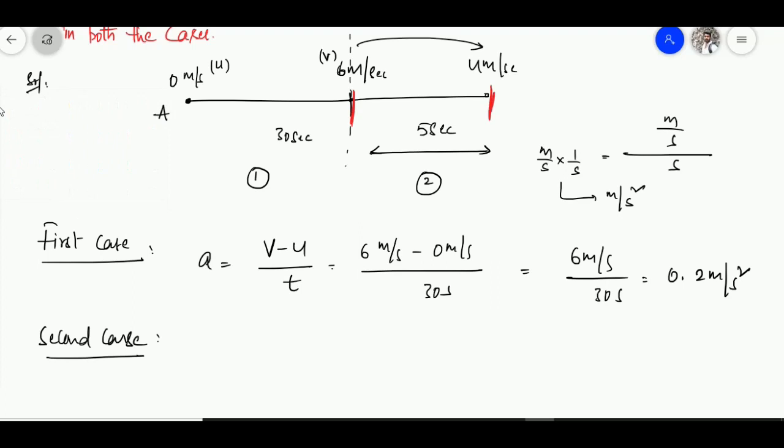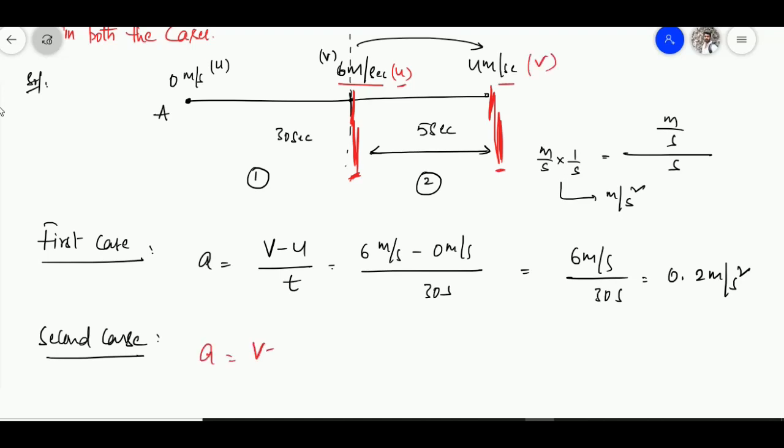Now consider this part. For this second case, this is a very important statement. See here, coming to the second case, this will be the initial velocity. When I consider this part, this is the starting reference of the situation and this is the ending reference of the situation. At the starting reference point, he has a velocity of 6 meters per second. That will be the initial velocity for this second case. And finally he dropped it to 4 meters per second. That is his final velocity in this case.